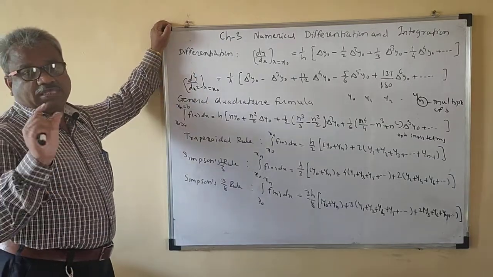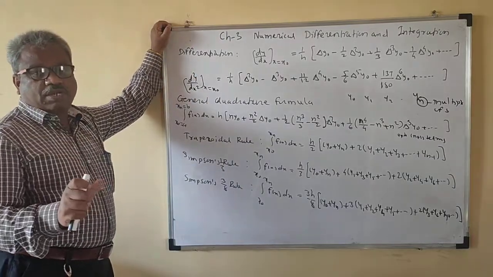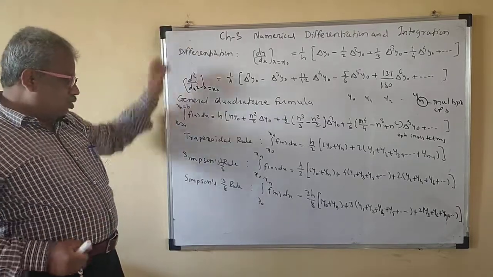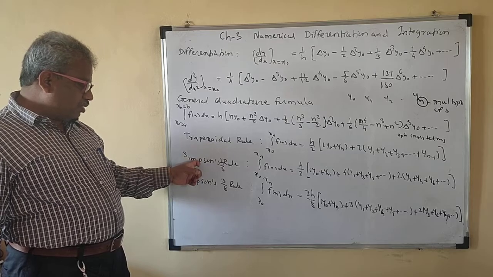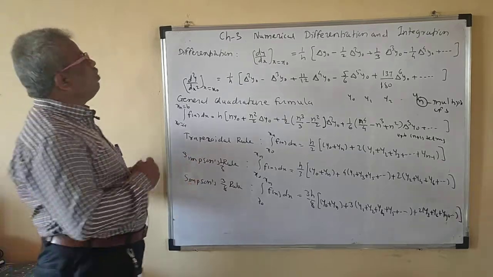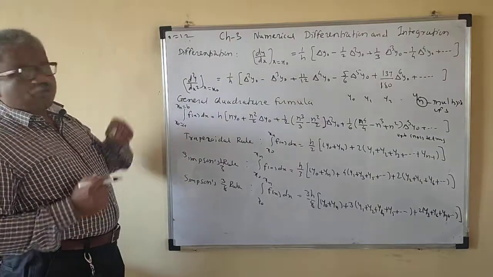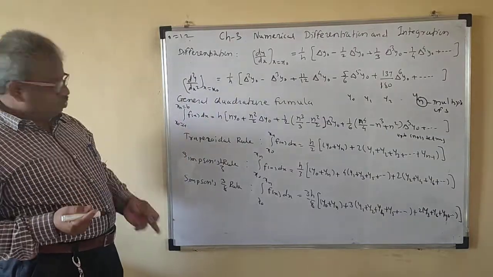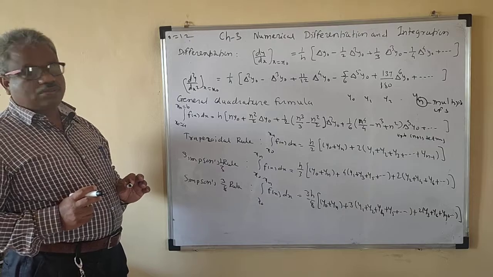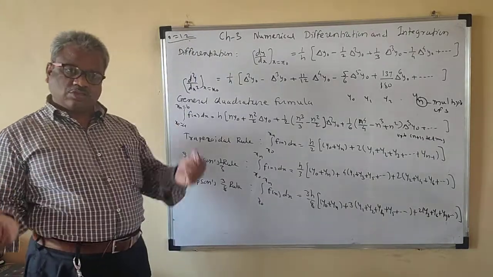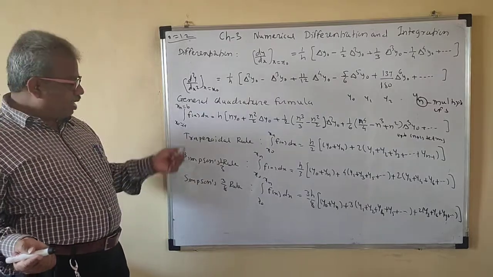So you want to apply the Simpson's one-third rule. The number of sub-intervals should be a multiple of 3 now. Multiple of 3. So now if you want to apply all the Simpson's rules, see, if n is equal to 12, 12 is even. It is a multiple of 3. You can apply all the 3 rules, right? For n equal to 12, this is even and also a multiple of 3. So you can apply all the 3.